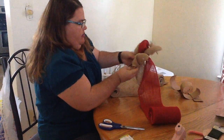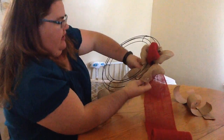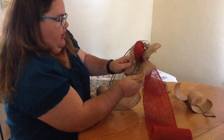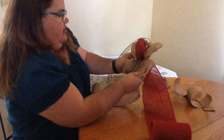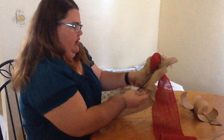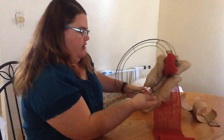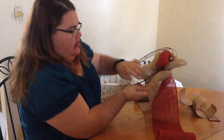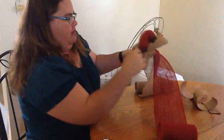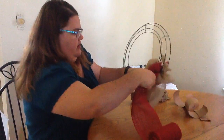And you're making another loop. So it kind of looks like that in the middle right now. And then you're going to slide it back over, holding on to your other one, because you don't want to make the mistake of putting them out. So it looks really funny right now. It's going to look like that, and you're going to be like, whoa, this looks really bad. That's not true, because what you do is you just scrunch. And I move the red over that middle section, and it's going to make another cute little...